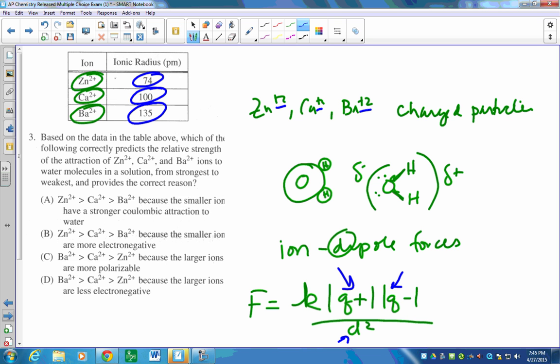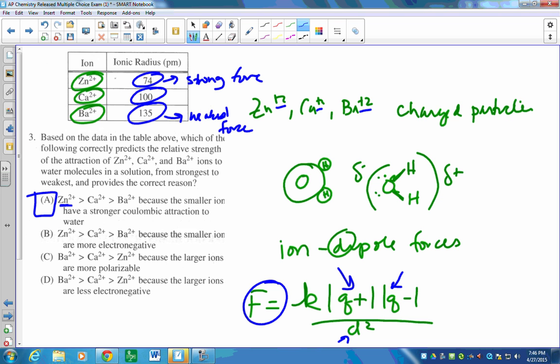If you have a big number and you square it, it's even bigger. But when you divide by a big number, the force is weaker. So this is the smallest. This will have the strongest force. And this is the largest, so this will have the weakest force. And so the answer to this problem is this. Here is the strongest force of attraction is zinc with water, and then calcium with water, and then barium